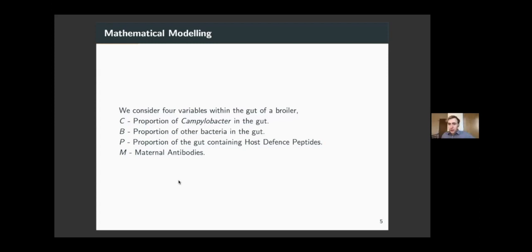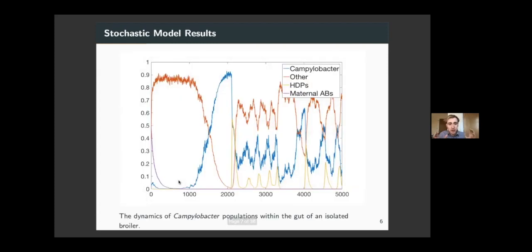So these 4 variables I talk about, what we do is build a system of equations that describe the rules of how they interact, and then we can press go on a simulation, and we get something like this. So this is an evolution through time within one chicken by himself who's been inoculated with Campylobacter, and we see how that evolves over time. So the blue here is Campylobacter, and at the very start of the experiment, we have that small inoculation, and with the purple here, these maternal antibodies. So what we see is those maternal antibodies really suppress the amount of Campylobacter, and they keep it really low and kicked out of the system so it can't take hold.